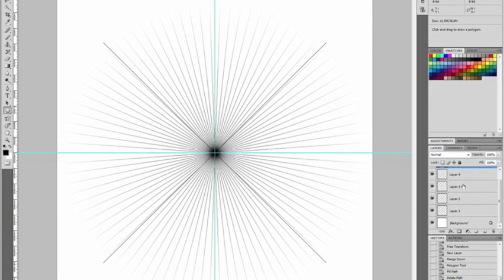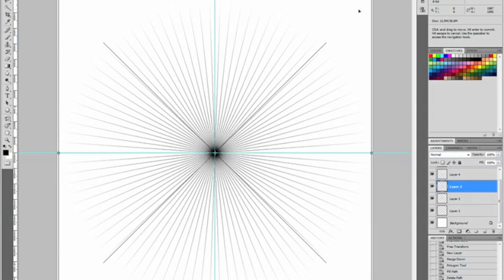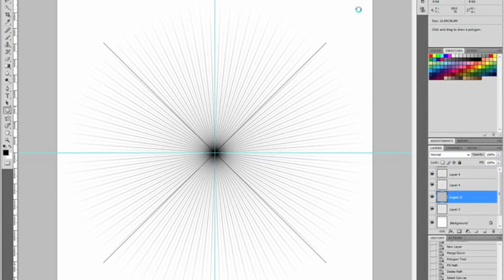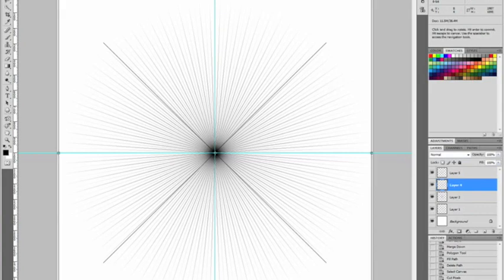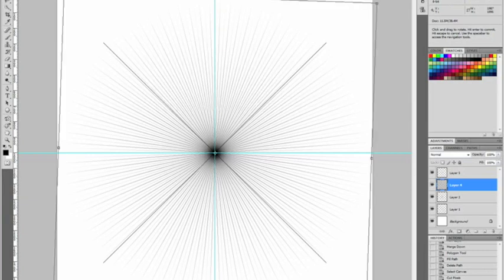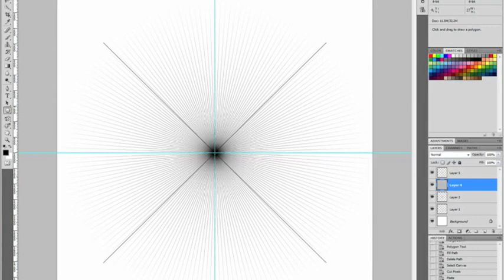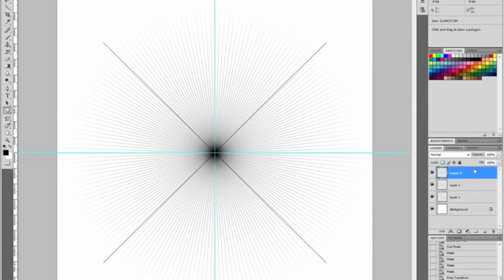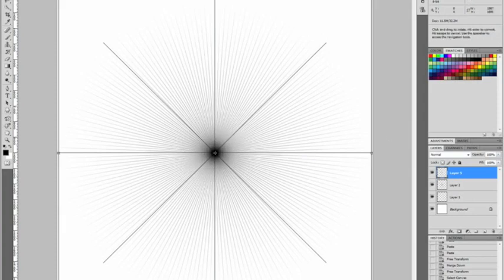Now we are going down to layer 3, press Ctrl T, give it 90 degrees, press Ctrl E, go to layer 4, press Ctrl T, give it 2 degrees, press Ctrl A, X, V, and Ctrl E, go to layer 5, give it 1 degree,